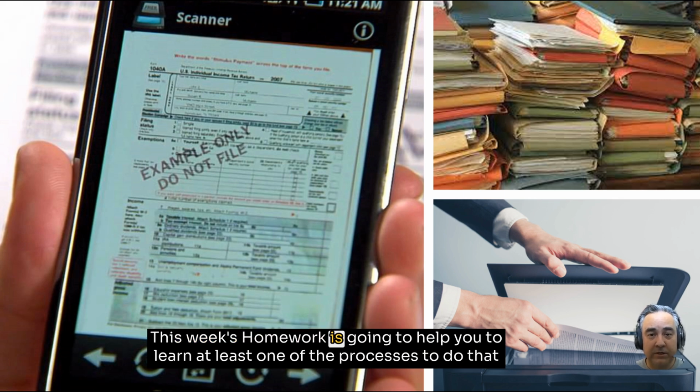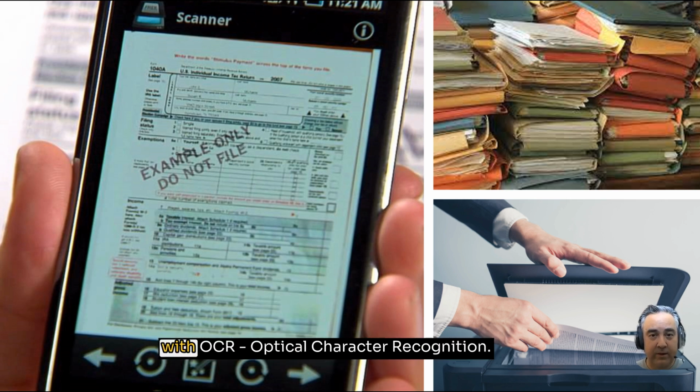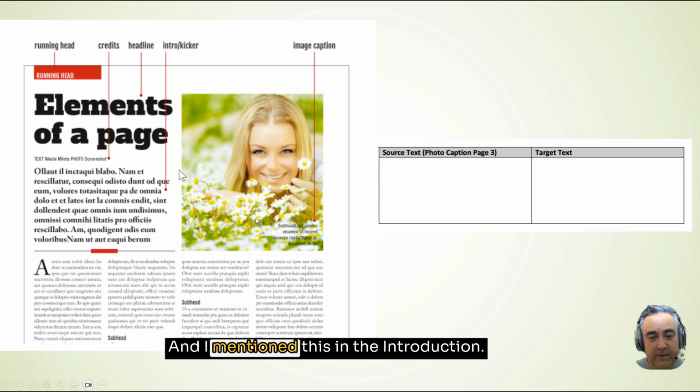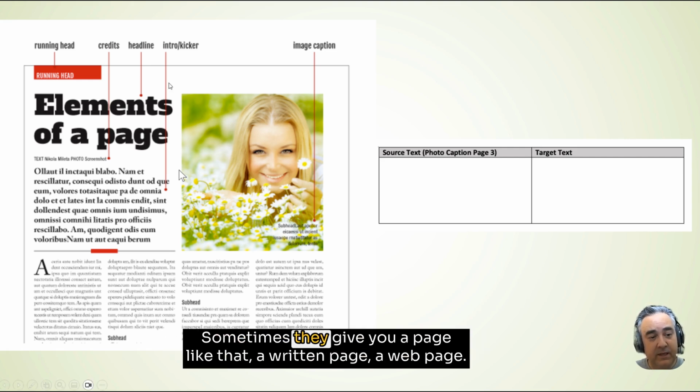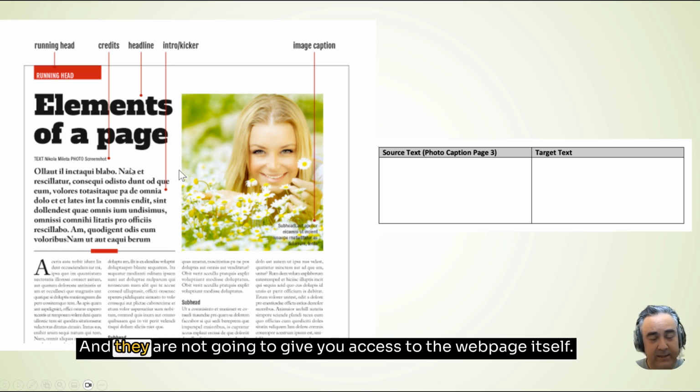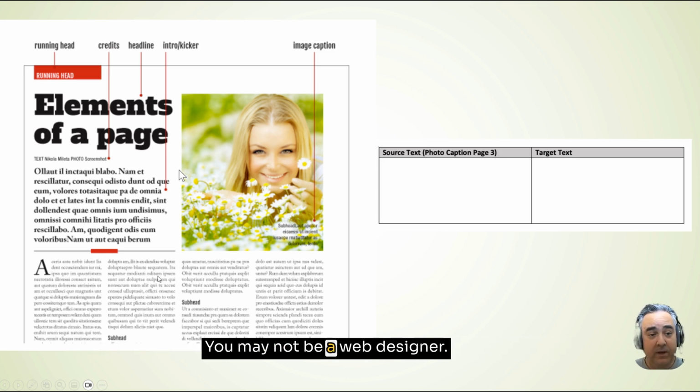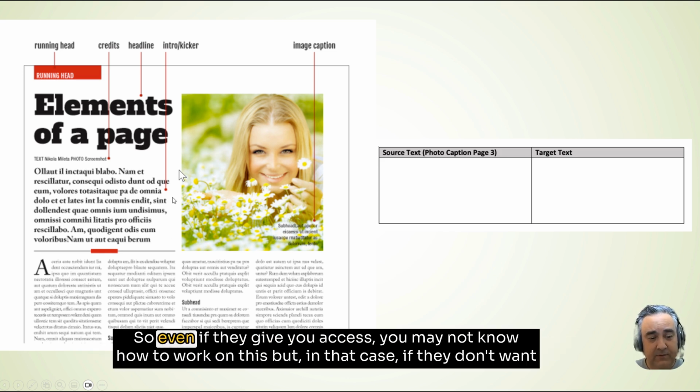This week's homework is going to help you to learn at least one of the processes to do that with OCR, optical character recognition. And I mentioned this in the introduction. Sometimes they give you a page like that, a written page, a web page, and they're not going to give you access to the web page itself. You may not be a web designer, so even if they give you access, you may not know how to work all this, but